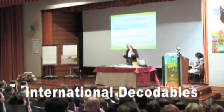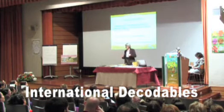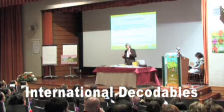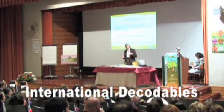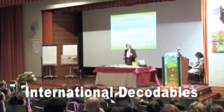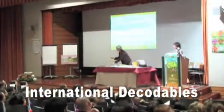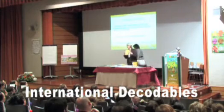Now, another thing you need to recognise is that for the children who are slow, children who find it difficult, there are some books that are even better. Well, they're a lot better than our Jolly readers. The Jolly readers go too fast for them. Now, these little books